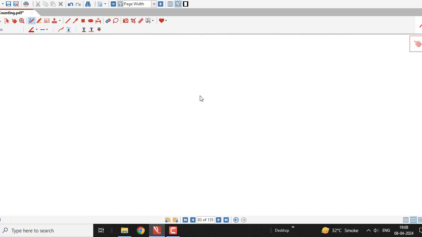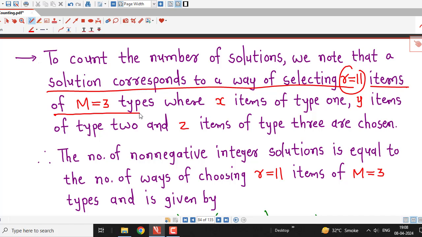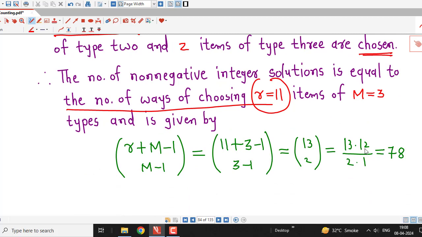So you have to write systematically. Here I have written, to count the number of solutions, we note that a solution corresponds to a way of selecting r equal to 11 items of m equal to 3 types, where x items of type 1, y items of type 2 and z items of type 3 are chosen. That is, we have 3 variables. Therefore, the number of non-negative integer solutions is equal to the number of ways of choosing r equal to 11 items of m equal to 3 types, and is given by r plus m minus 1 c m minus 1,